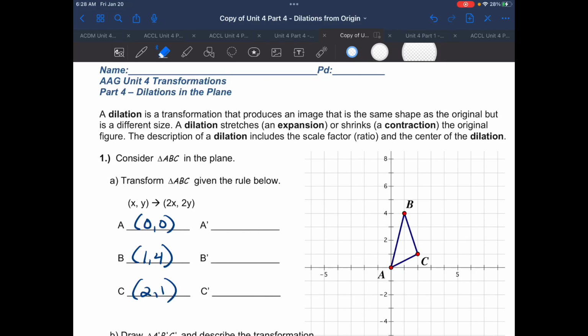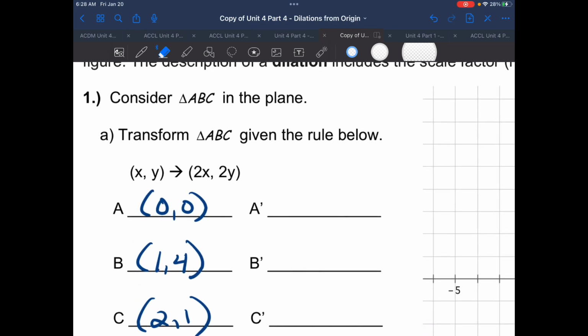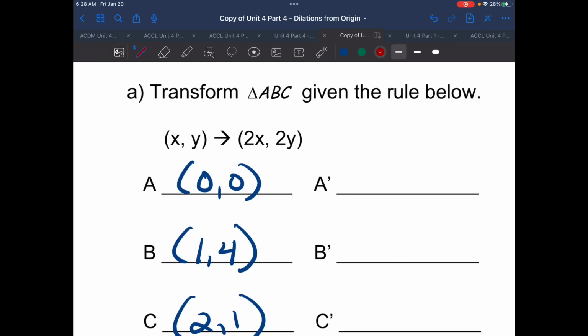Okay, so let's take a look at our first dilation here. If you read the directions up top and take a look at the rule that they give us here, we are taking each x comma y, every coordinate, and multiplying times 2, right? 2 times the x, 2 times the y. So if we apply that rule in the first example here, we are going to get, well, 2 times 0,